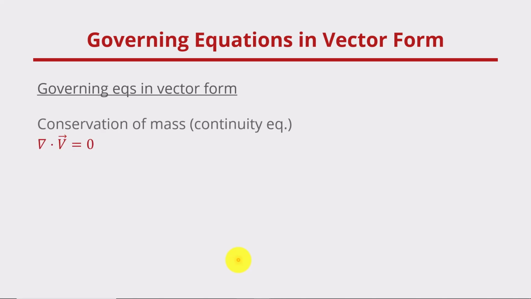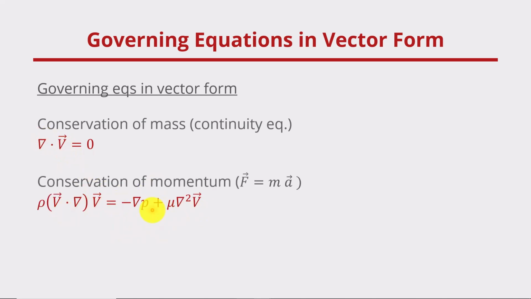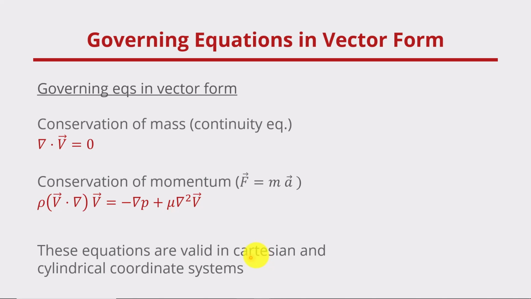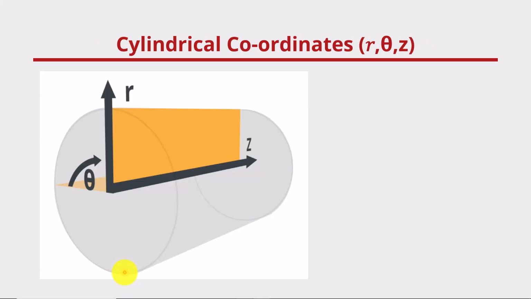If you look at the governing equations in vector form, you have conservation of mass, that's continuity, and you have F equal to ma. This can be written in Cartesian and cylindrical coordinate systems. If you look up on the web, you will see the Navier-Stokes equations in both. To develop the analytical solution, we have to use the equations in cylindrical coordinate system, which I'll indicate what they look like. So the cylindrical coordinates, if I have my duct and if I take a plane like that,